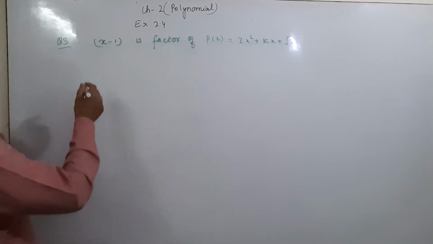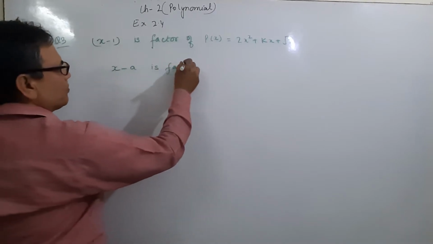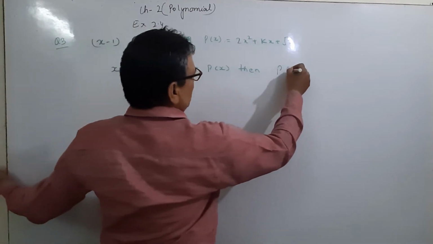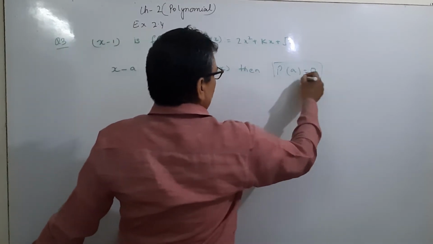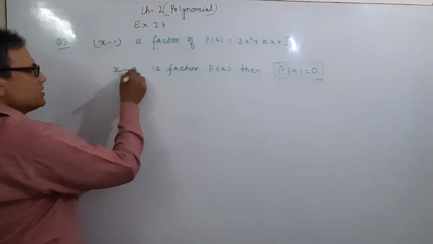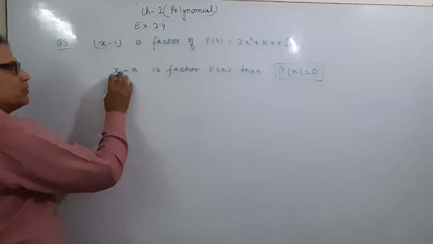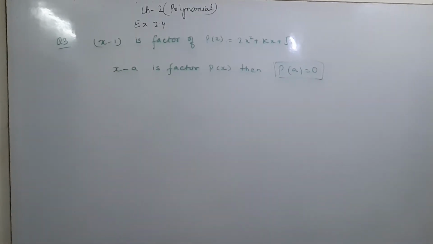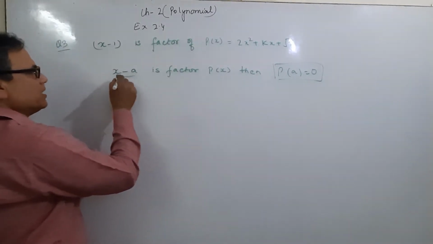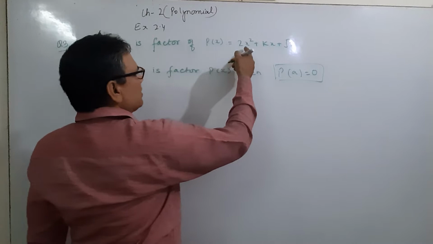You know very well, we have done in the previous class, if x minus a is a factor of p(x), then p(a) equals 0. From where do we get a? When we put x minus a equal to 0, the value of x is equal to a. We obtain this a by putting x minus a equal to 0. Same as, if x minus a is a factor of p(x), then